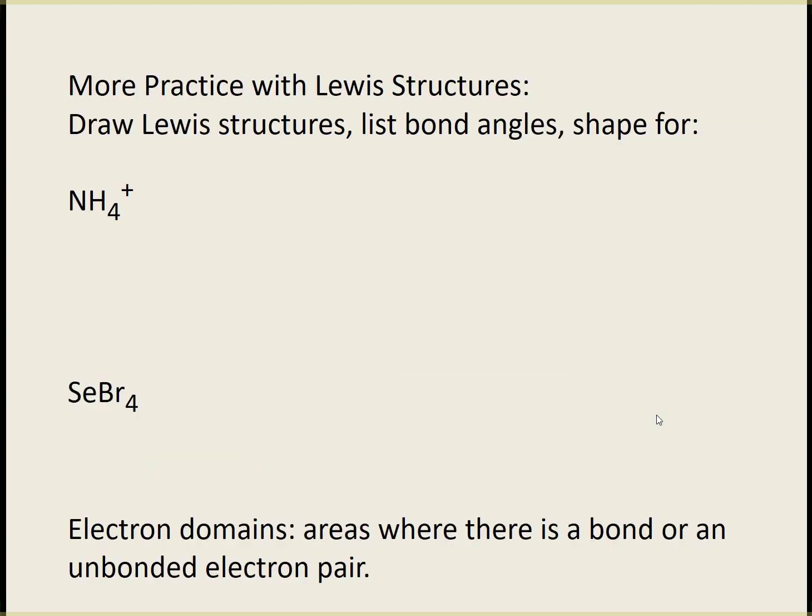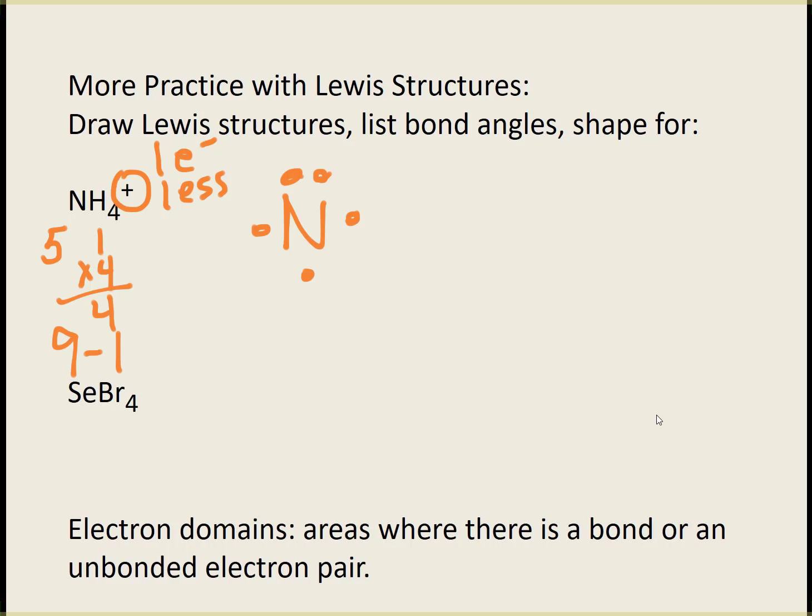Let's do more practice with Lewis structures. So we want to draw the Lewis structure and list the bond angle and the shape. So let's try this one. This is ammonium ion. So I'm going to start off with nitrogen looking like this. It has 5 valence electrons, and each hydrogen has 1 for a total of 4. And that plus means that we have 1 electron less. So as far as valence electrons, we have 5 plus 4 is 9, but minus 1, we should have 8